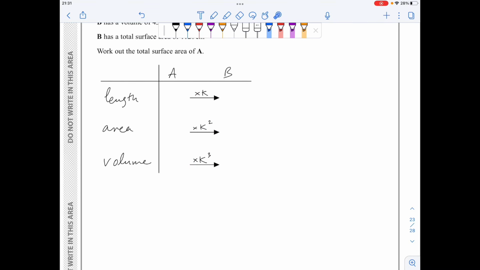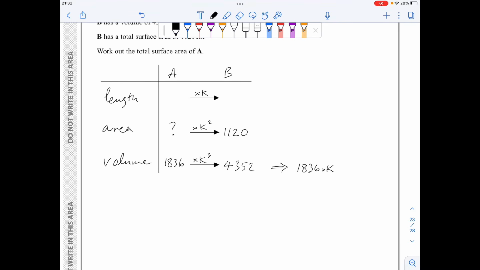Let's enter the detail, the numbers I have on this table. So for the volume, I have both values. And for the area, I have it for shape B as a question mark for the area of A. Now note that for the volume, I have both, so I can use this to find the scale factor. So what I will do here is start from